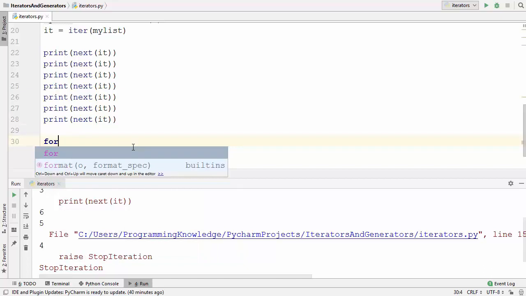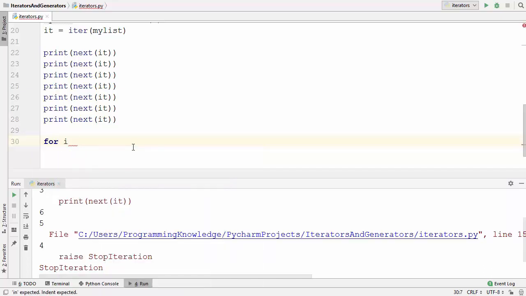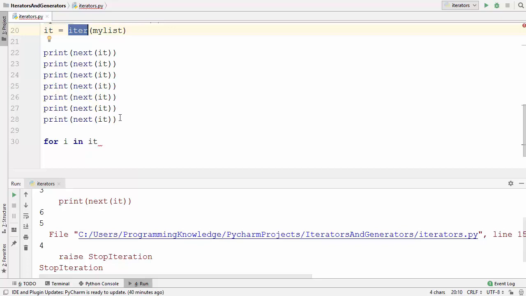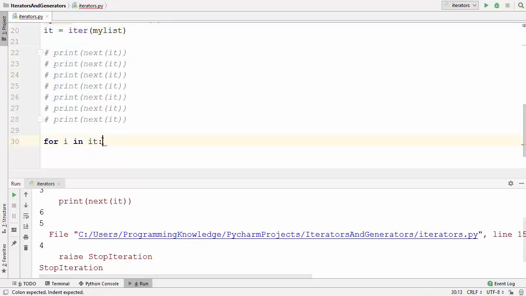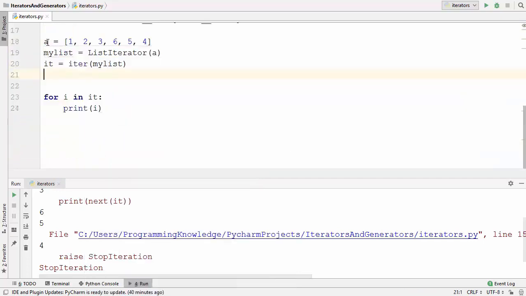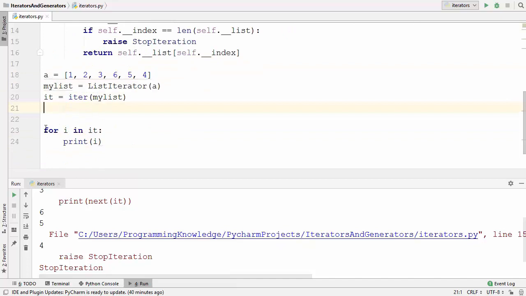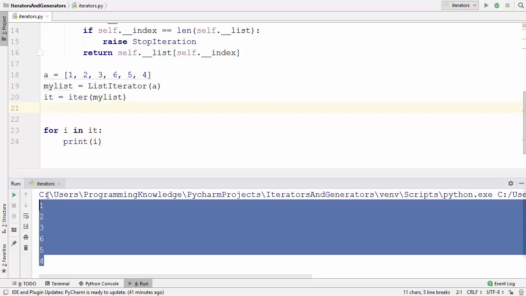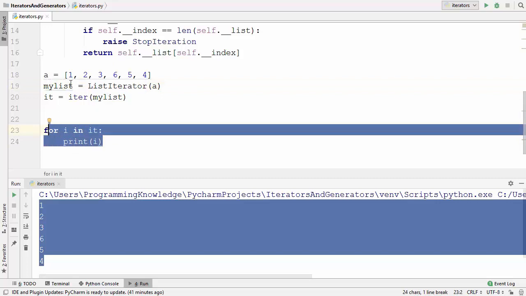So let's try to use this for loop, and I'm going to just write for i in your iterator, which is it, which we have got using this iter method, and let me comment this code also, and now I can print each and every element inside the list A. So I'm going to just write print i here, and let me remove this code from here so you can see the list also and this for loop also, and I'm going to run this code once again, and you can see this for loop has iterated over our list which we have provided as an argument of this list iterator class, and you can see all the values inside the list have been printed using this for loop.